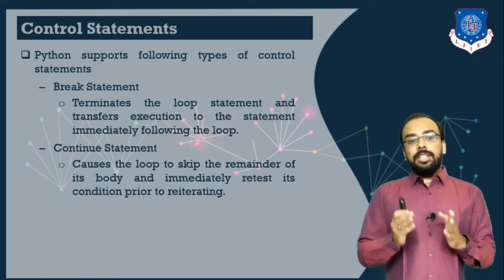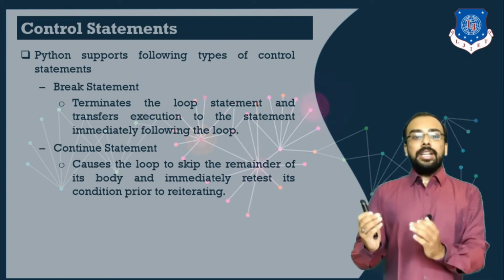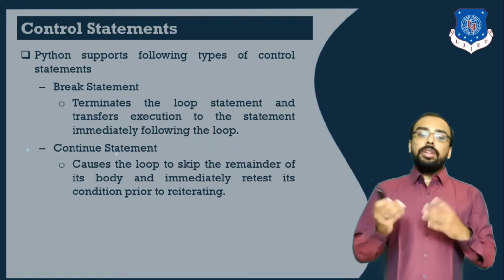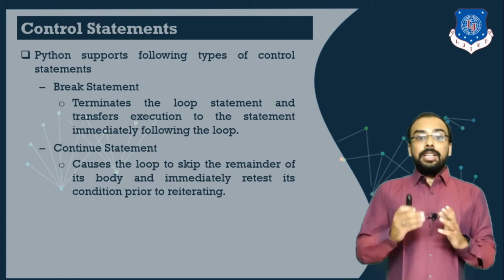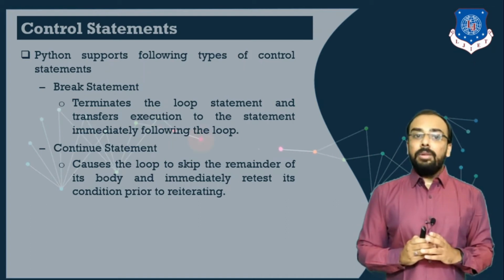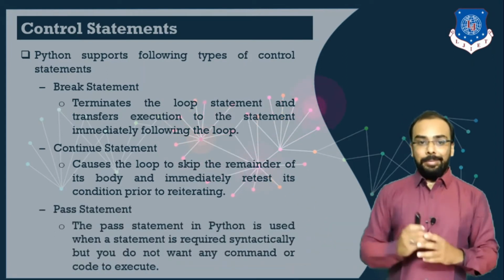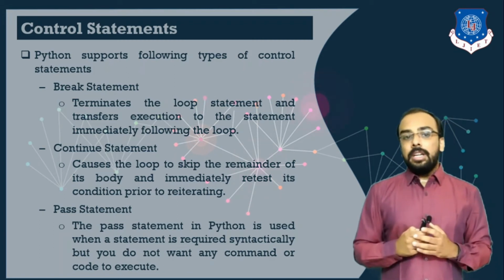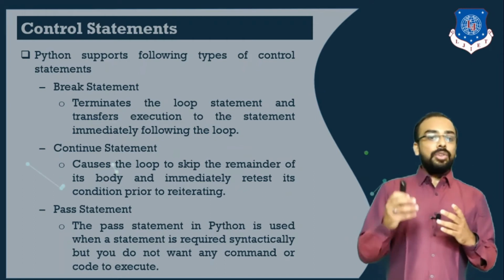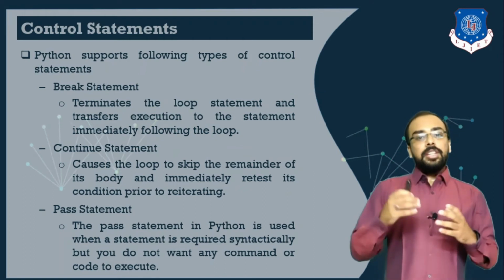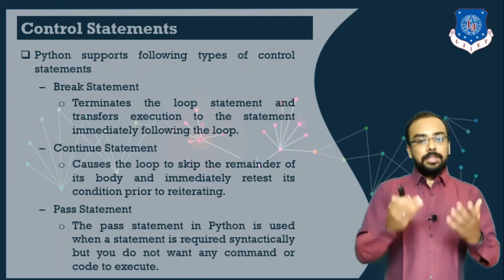So for example, if the condition is i is equal to 4, and the condition is satisfied, I have used continue. What this will do is skip the value of i when it is equal to 4. These two statements you already studied in your previous programming languages. The next thing that Python supports is the pass statement. What is the use of this pass statement? Consider a scenario where you do not know what the actual condition needs to be when a particular iteration occurs. At that particular time we have to use the pass statement.